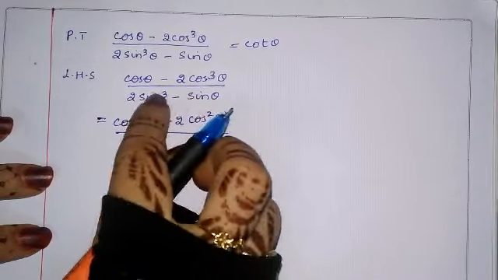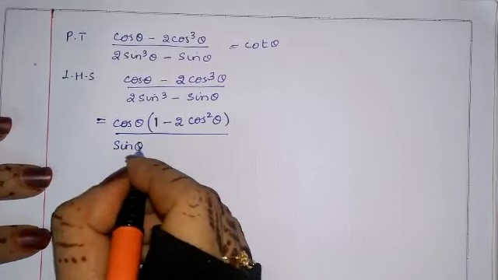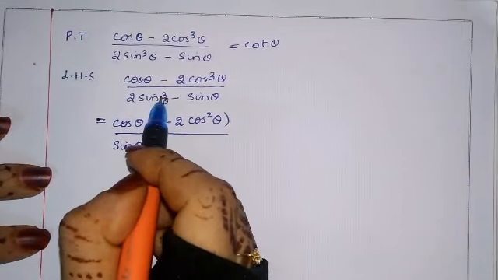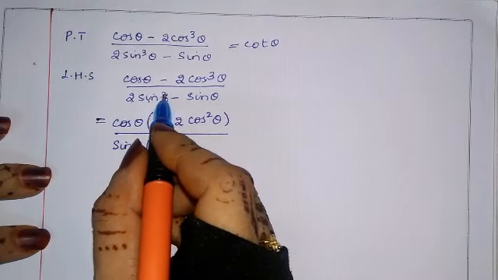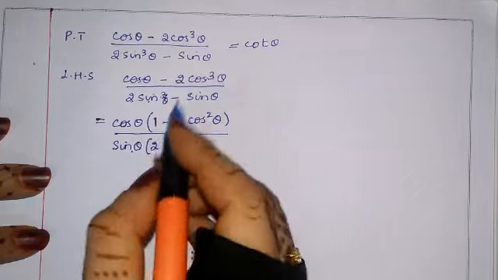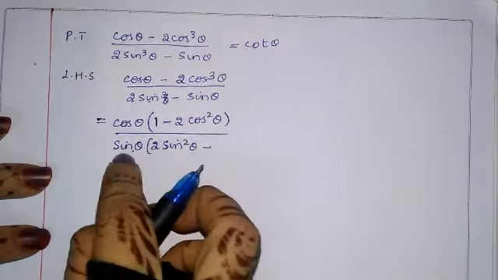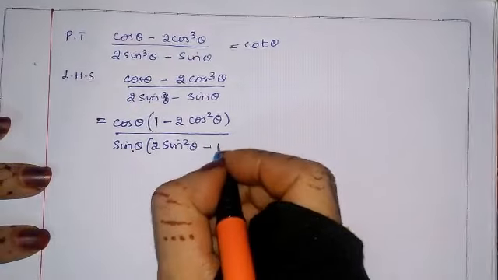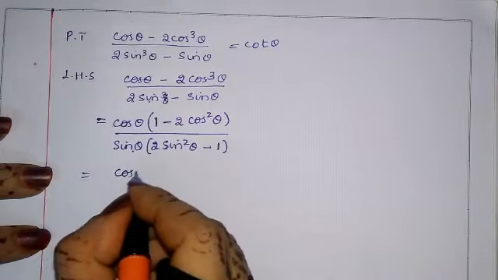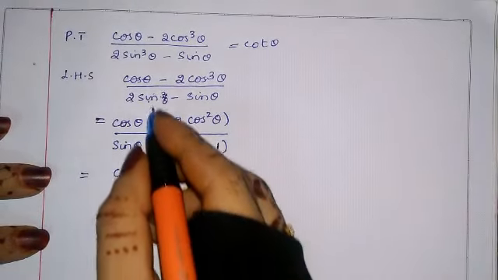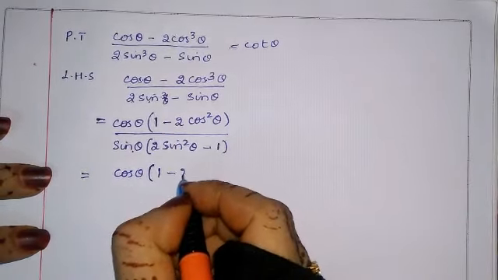So I'll write as it is. Here in the denominator, sin theta is common. So I'll write sin theta common. If I took sin theta outside, 2 as it is, sin cube theta is there. So from sin cube theta, 1 sin theta is common. So sin square theta minus, I have taken sin theta common, nothing means 1. Okay, so cos theta bracket 1 as it is minus 2 also I'll write as it is.